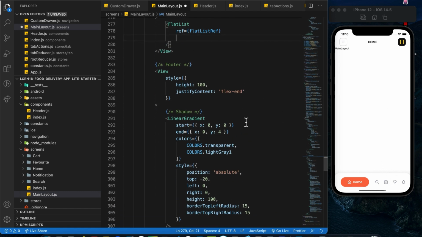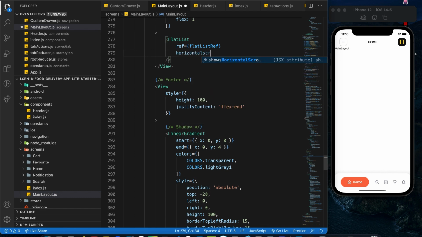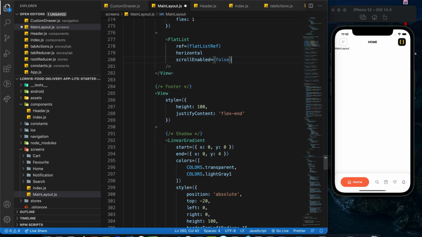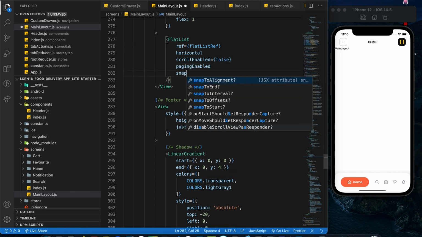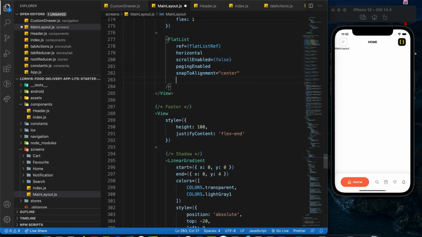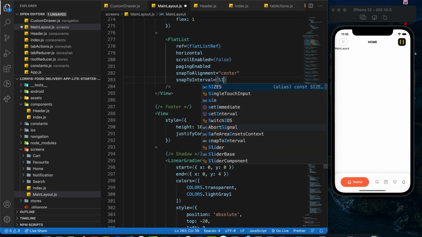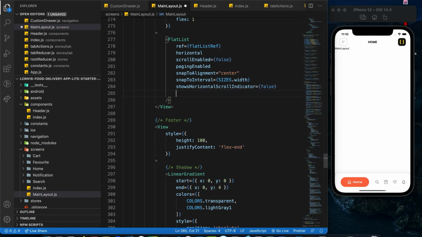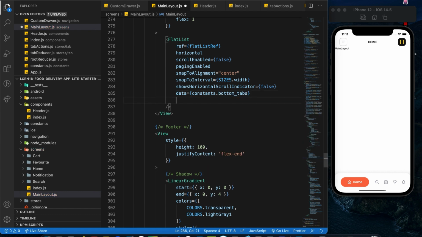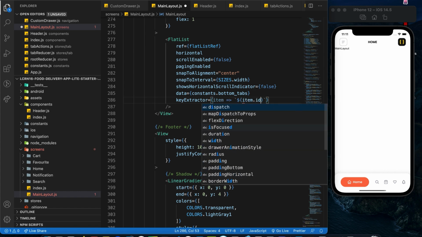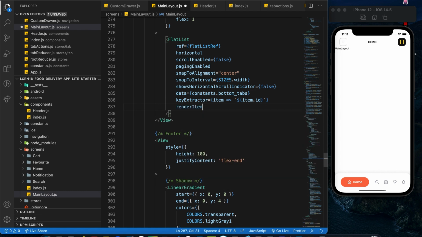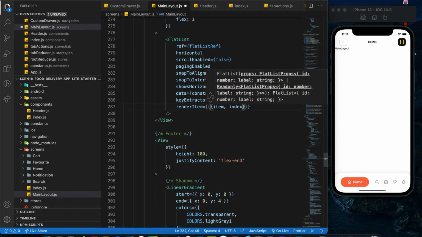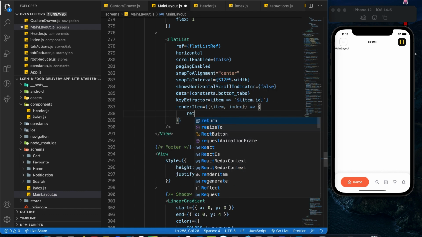Alright, so after ref we have horizontal, okay, scrollEnabled should be equal to false, pagingEnabled, alright, snapToAlignment should be equal to center, snapToInterval should be equal to sizes.width, showsHorizontalScrollIndicator should be equal to false, data should be equal to constants.bottom_tabs, the keyExtractor should be item arrow function item.id, like that. And lastly, we have the renderItem prop. So for this, we will have item, index followed by arrow function, and over here we are going to return